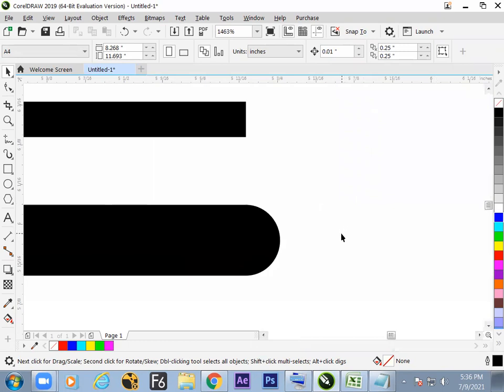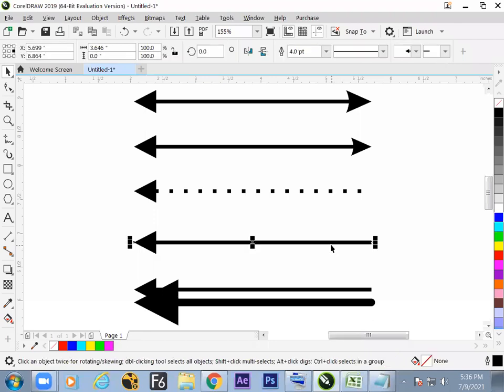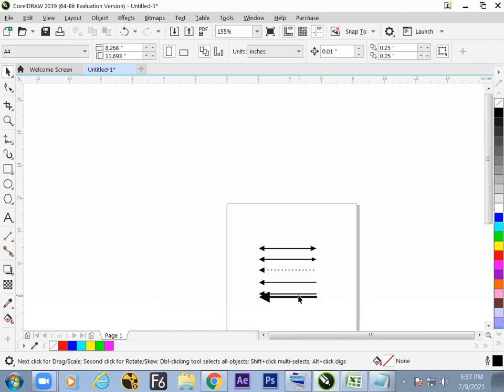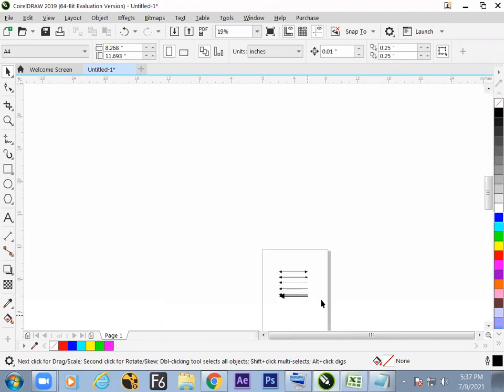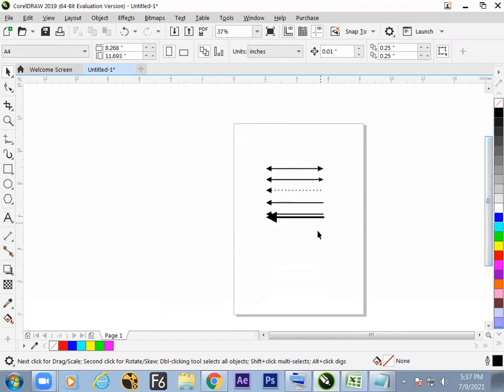So fit to the window. What is the command? F4. What is the command to fit to the window? F4. Selected objects also will come into the screen. Now, how to zoom out? F3. Hotkey? F3. F4, fit to the window. So hope we have understood now how to make the screen come under your control first.